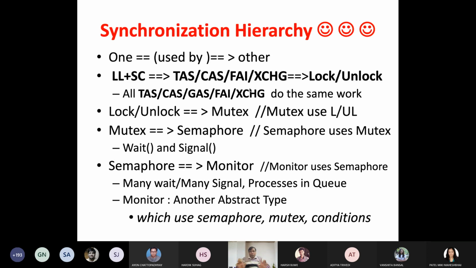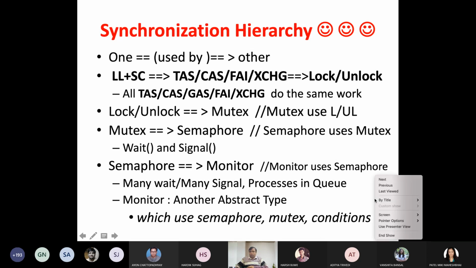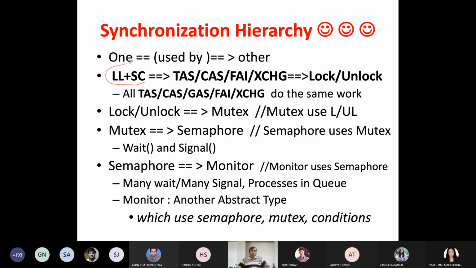And now let's discuss this. This is actually our main topic. In wait-free and lock-free data structures, they go to a further lower level. If you look at the whole synchronization hierarchy, one is used by another. Internally, all processors use LL plus SC. What is LL plus SC? LL is